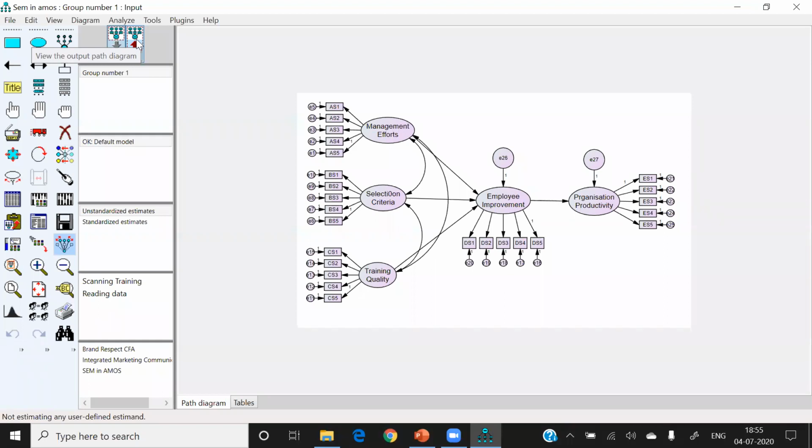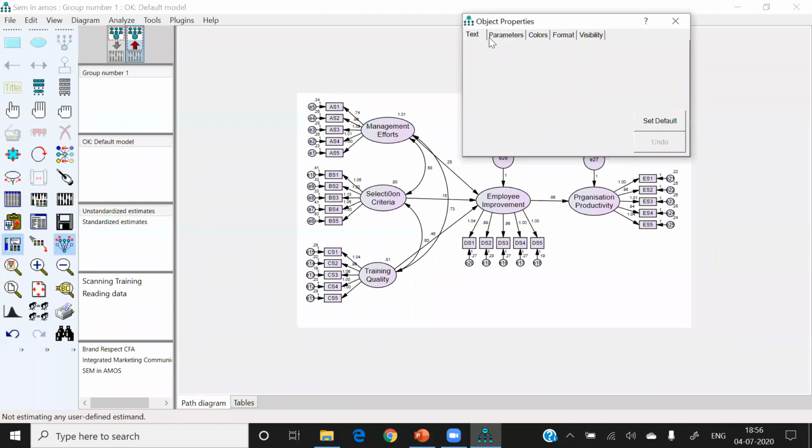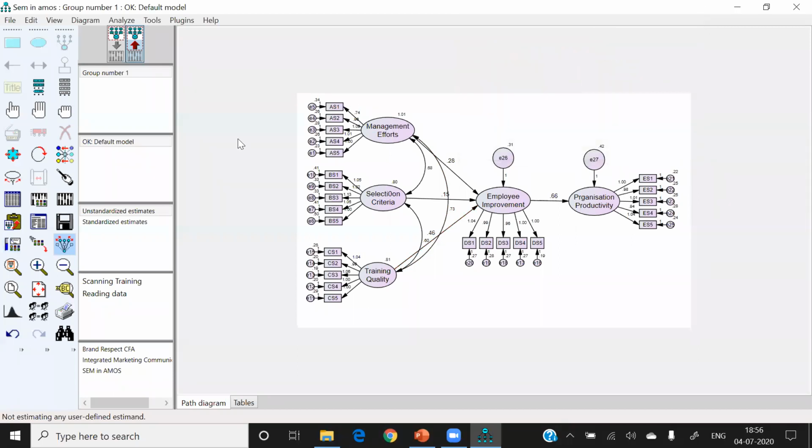So what to see in the output now? Let's see. If you click on this red button, all the values, the path coefficients, come here. Let me increase the size so that you can see it. This path coefficient is 66, this one is 28, this one is 15, and this one is 46.